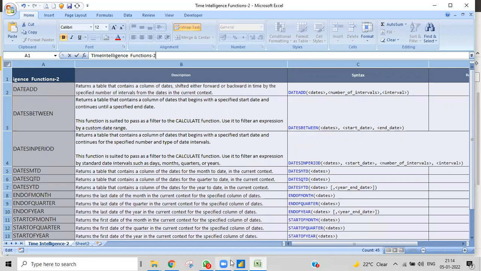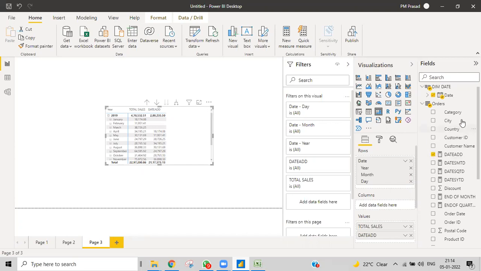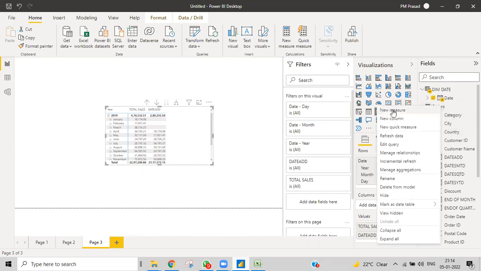Let me show you that, then you can understand what exactly. Whenever we have a custom date range, a fixed date range, then obviously we can show like that. So I'll write a DATESBETWEEN measure so that you can understand.